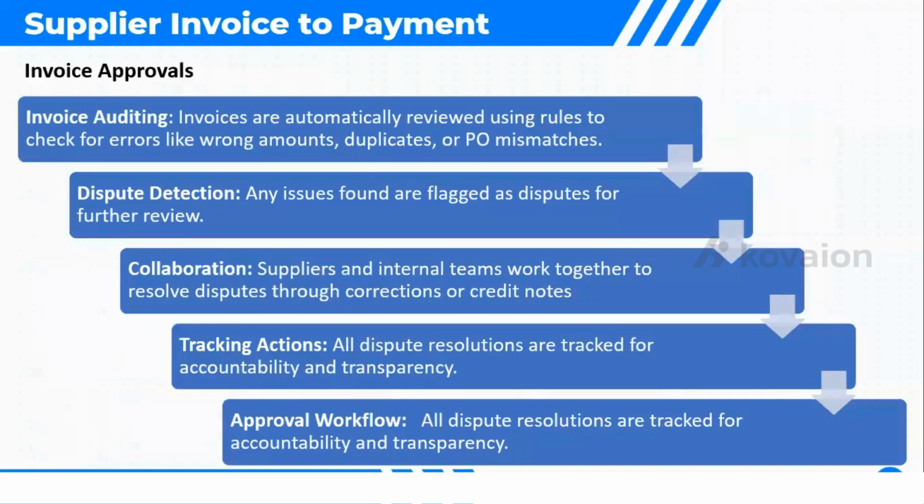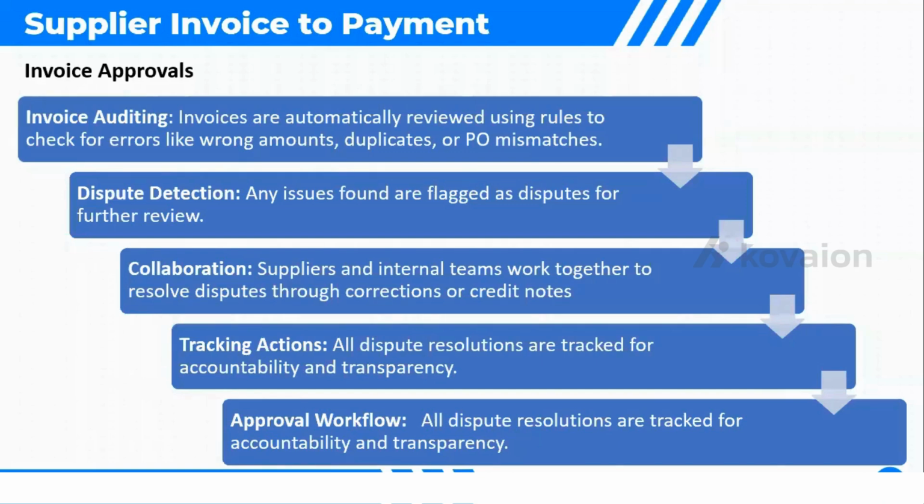The next process is invoice approvals. In invoice approvals, we use audits, disputes, and approvals. Once the invoice is captured, it goes through invoice auditing, where automated rules review invoices for discrepancies such as incorrect amounts, duplicates, or mismatches with purchase orders. Any identified discrepancies are flagged as disputes, promoting collaboration between the supplier and internal teams to resolve the issues through